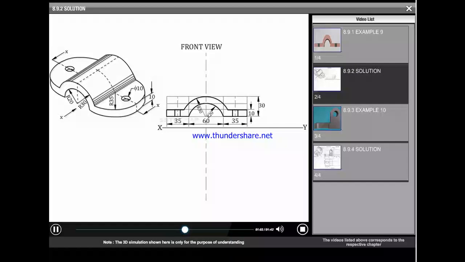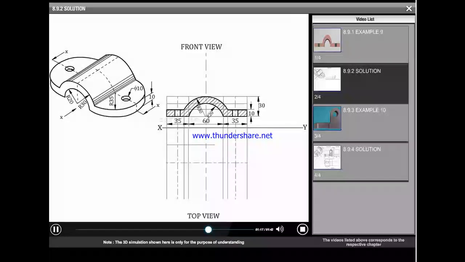Complete the sectional front view by hatching the sectioned surface, excluding the holes. Now project the top view. Show the location of the cutting plane in the top view.